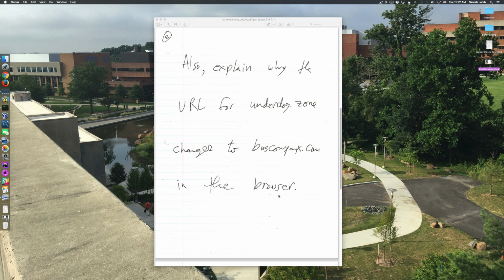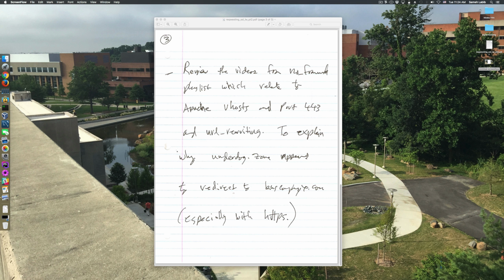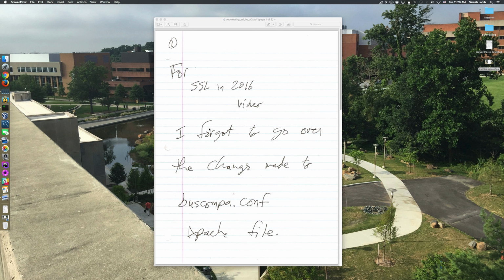buscompanyx.com in the browser. In this video, I also need to review the videos from the No Framework playlist, which relate to Apache vhosts and port 443. This will help explain the behavior of Apache as it relates to HTTPS redirection and why underdog.zone appears to redirect to buscompanyx.com. So the first thing I'm going to do is open up buscompa.conf and briefly go